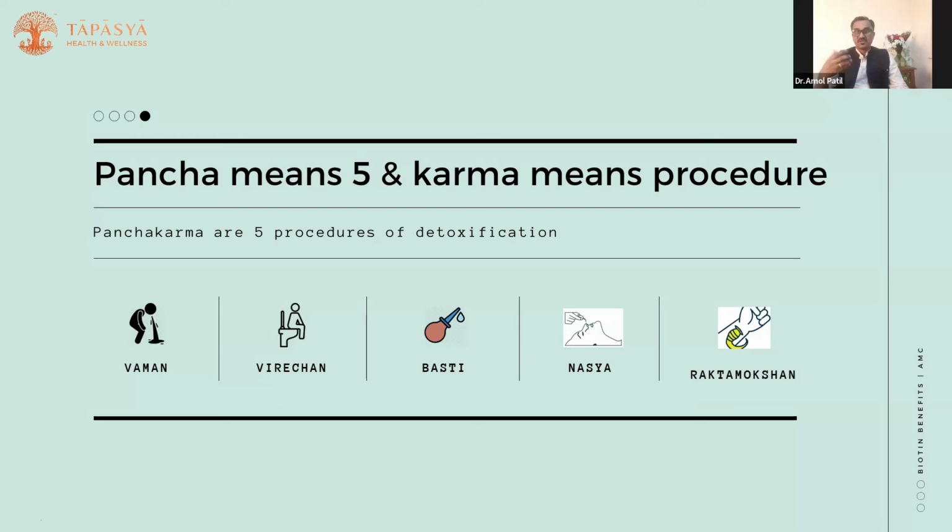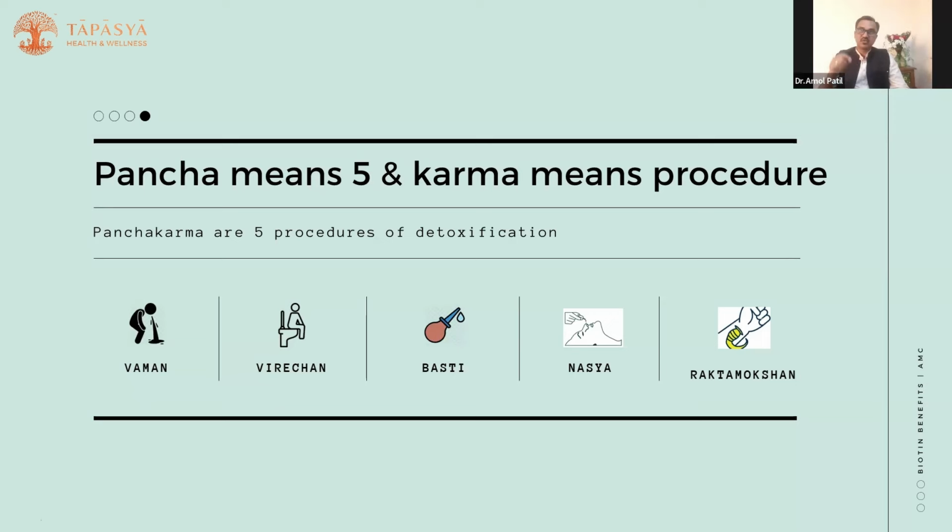Now, first thing, let us understand why there is a need of detoxification. Basically, when a disease process happens, a pathogenesis happens in the body, some external things, or some things even internal, get mixed with our internal organs or parts of the body, and they try to spoil the internal part of the body. And whatever is spoiled cannot be again converted into a useful part. So that is